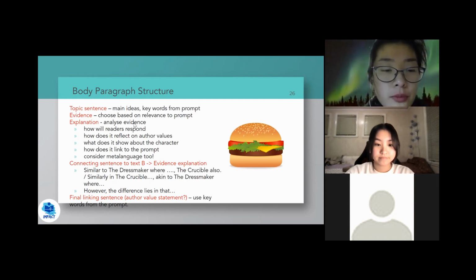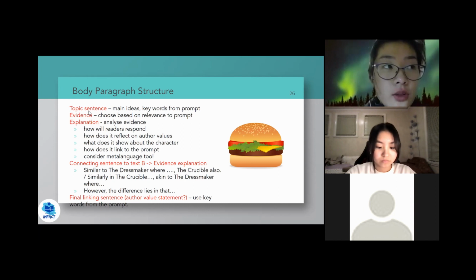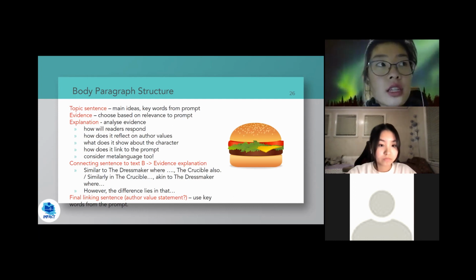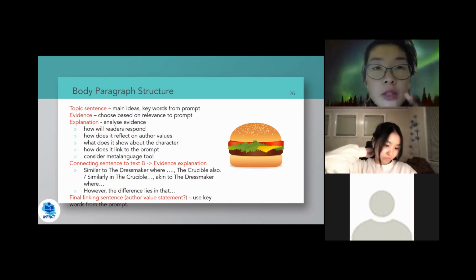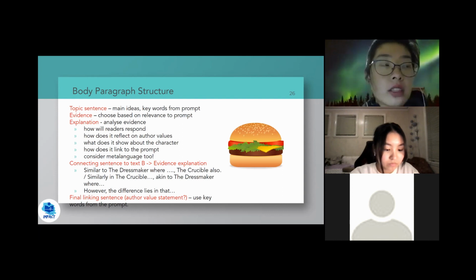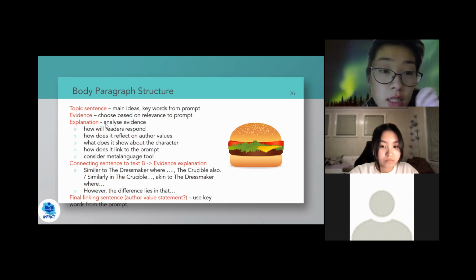Yeah, so making sure that it's going to justify the above topic sentence, and that, if you're going to include a quote, you can introduce it, and make sure it's embedded well within the paragraph, so it makes sense, and that the quote is also not too long, to make your life a bit easier. And then we've got the explanation to explain that quote, for example,